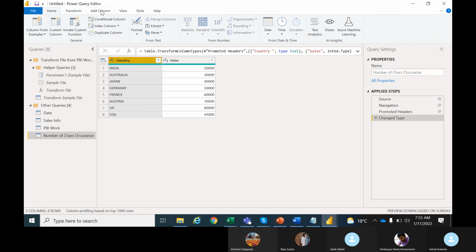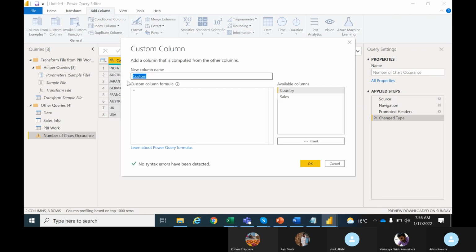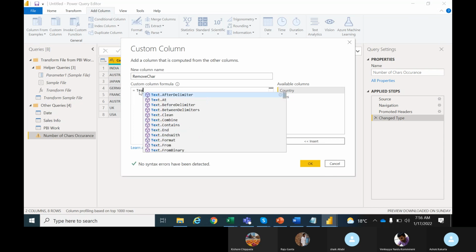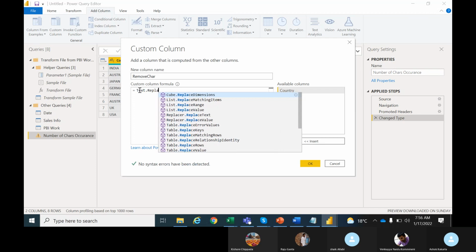Let's go to add column. Let's go to custom column, create custom column. Here I have to create remove character. So first, what I'm trying to do is remove the character from that particular text, using Text.Replace